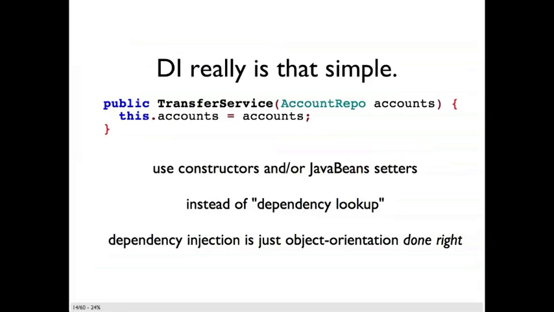Dependency injection really is that simple. Whether you're using a constructor and or setters, Java Bean style set methods, what matters is that you're not doing dependency lookup. You're not creating these fragile, statically coupled architectures. You're keeping things loosely coupled, a supple architecture that's quite flexible and reusable over time. You might just say that dependency injection is object orientation done right or done correctly. With that said,